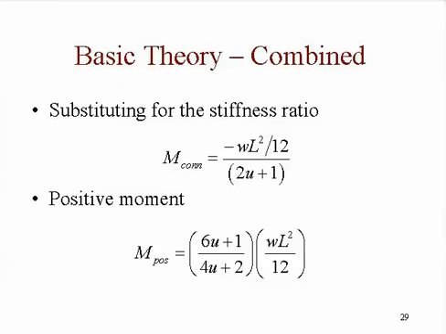And so if we substitute that into our equation for the connection moment, or the moment on the end of the beam, you see we have the fixed end moment divided by 2u plus 1. So now we have a very simple little connection moment equation. If we keep with our uniform loaded beam, so that the WL squared over 12 fixed end moment, and we solve for the moment at the center line, we end up with this equation. All right, so again, it's a function of the beam to connection stiffness. And if we plot that,